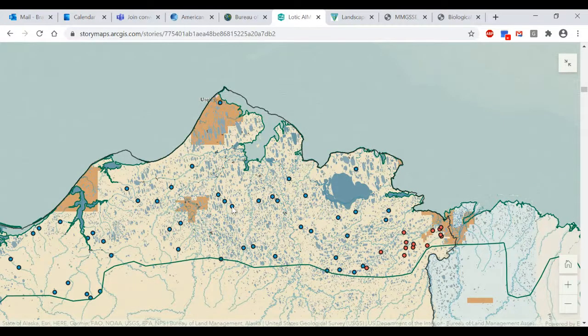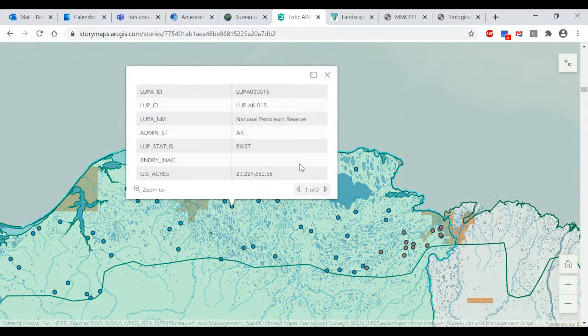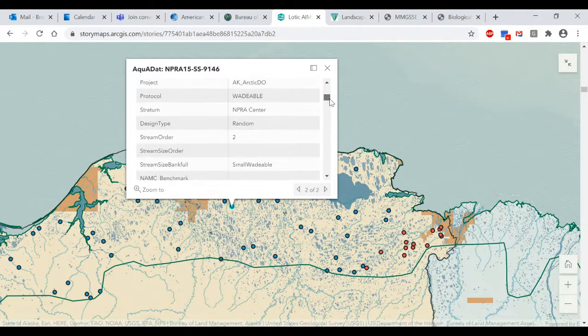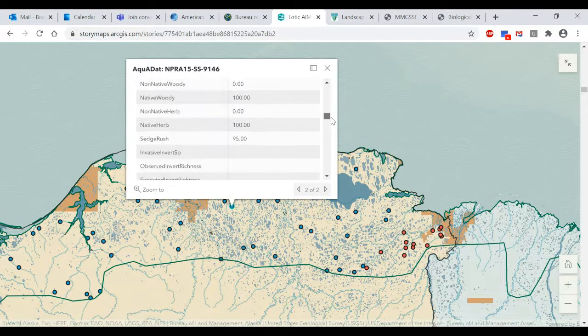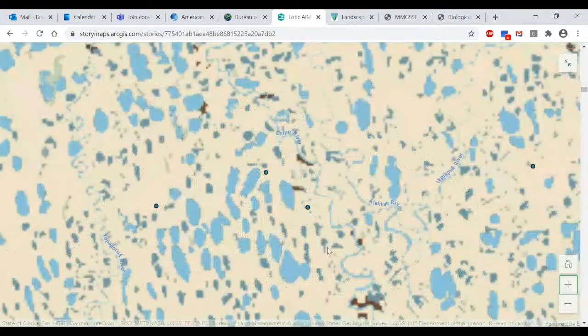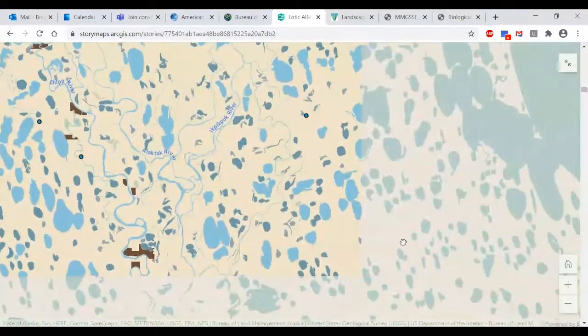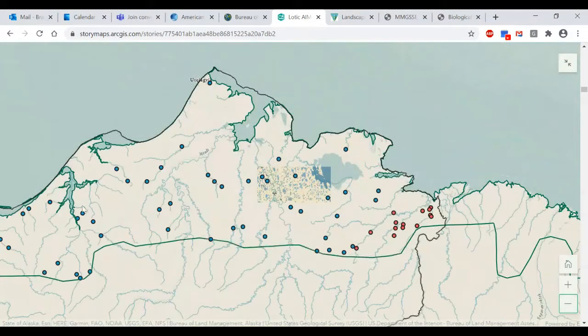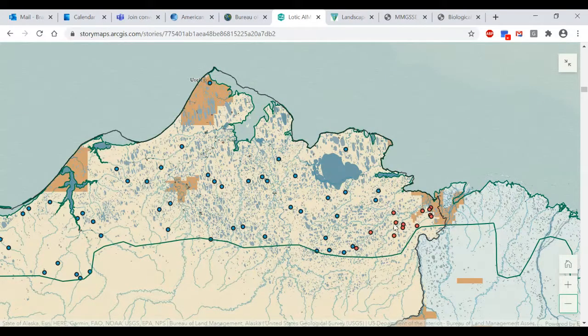These blue and red dots on the map are our AIM points, and they're directly linked to Aquatic, and so you can click on these points and see the associated data with each of these points, and you can zoom in and scroll around and get more context, which you can't really do on a traditional PDF document. These blue points are random points, and these red points were our targeted points that we identified within this particular watershed for oil and gas development.